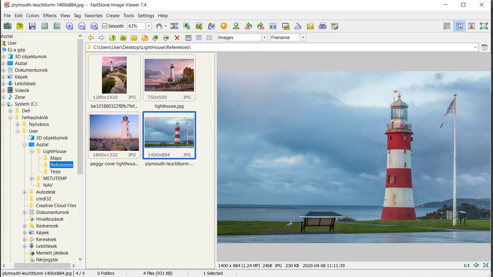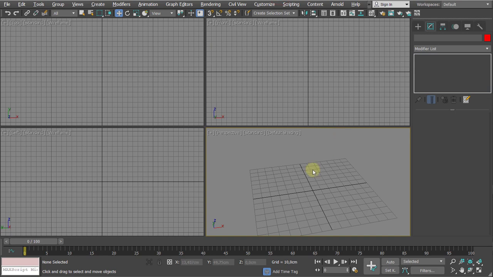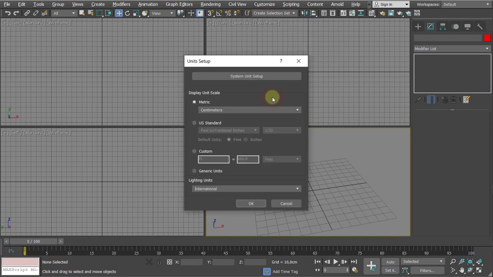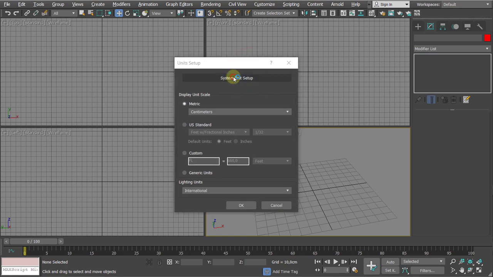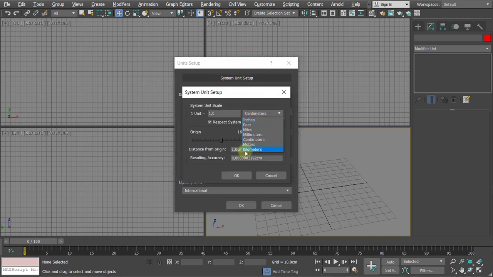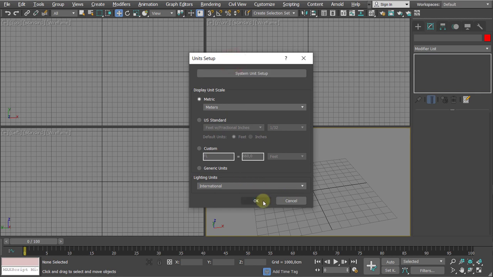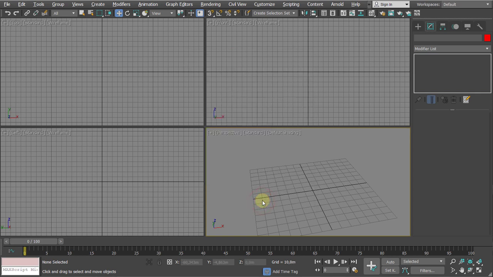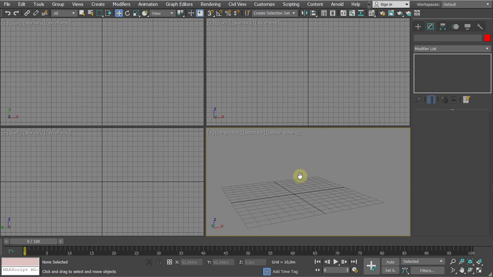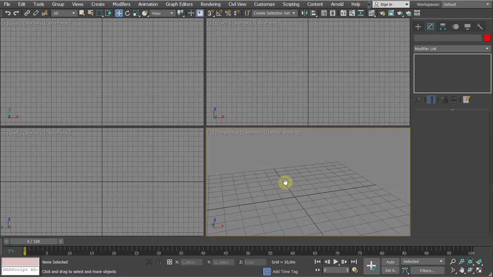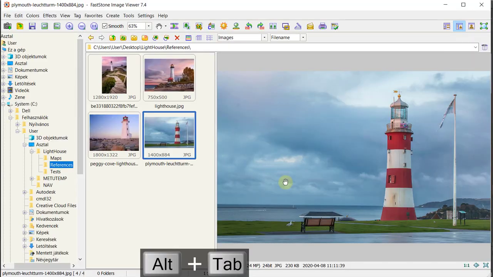Alright, so we have 3ds Max and we're starting from scratch, so what we have to do is go to the Customize menu and Unit Setup and make sure that the system unit is matching meters, and also the display unit scale is also meters, because we are building an outer environment, so we have to have fairly big units. All right, I will start with the lighthouse, and as a lighthouse,